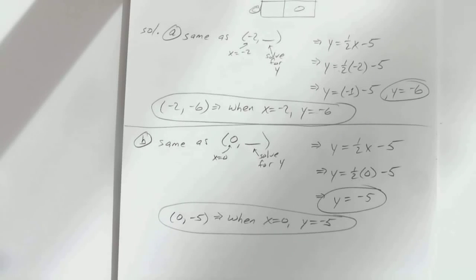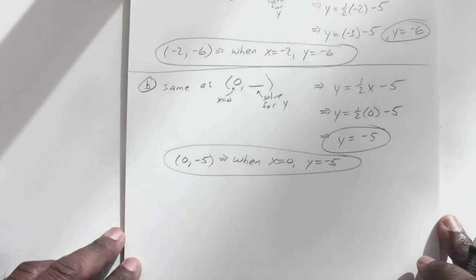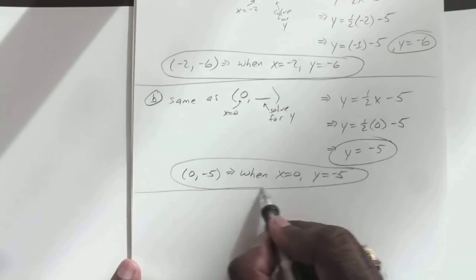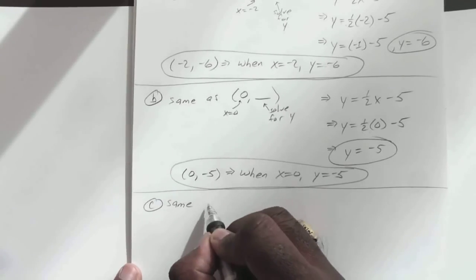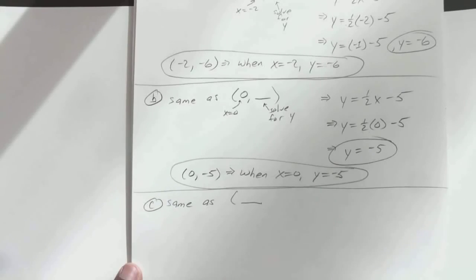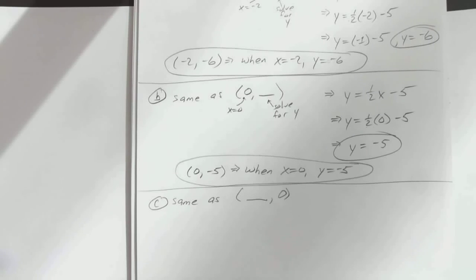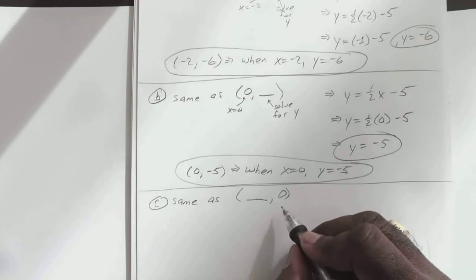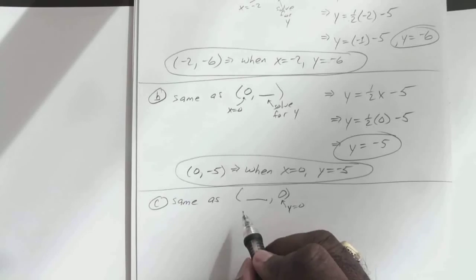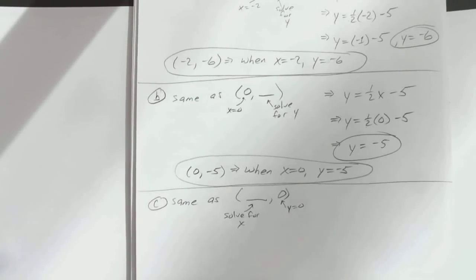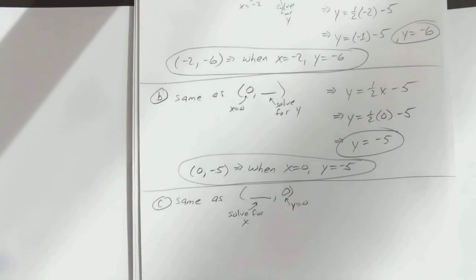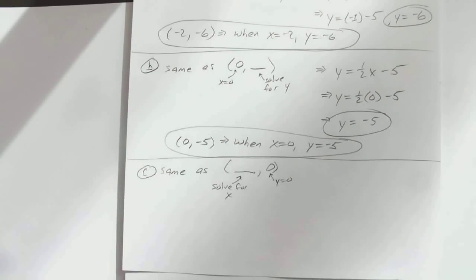Same thing for C, but this time they gave us the y, we have to solve for x. Okay, so we know that C is the same as some unknown x, and they gave us a y. Okay, so we know that y equals 0, and this is telling us to solve for x. Okay, so again,